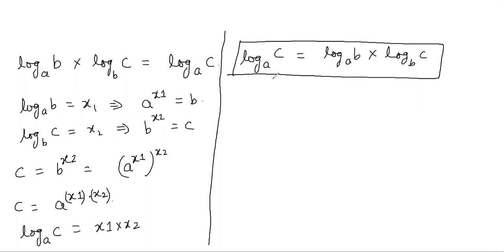Okay. So this formula is very easy to remember. You have a and c here. You have to bring a b in between. So I have brought a b, another variable in between a and c. So log of a base b has come in between. Okay. So here b came on the number and here on the base, log of b base c.